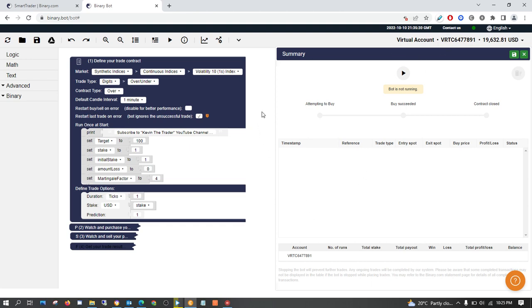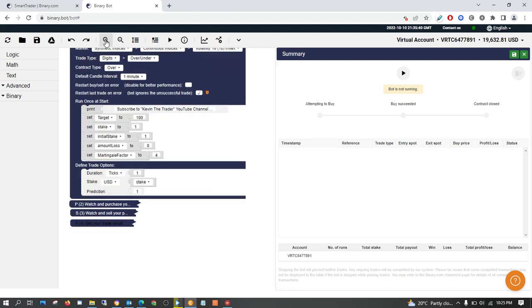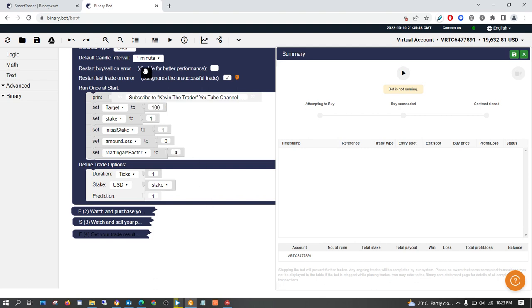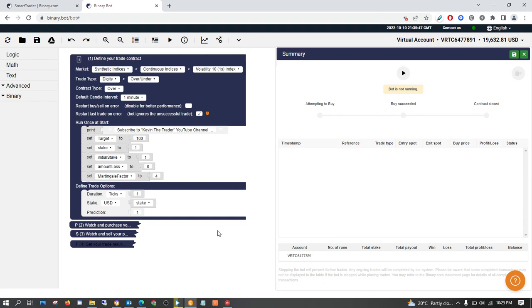So each and every time, do the same before you trade, so that you can also have some good trades. Always start with your virtual account before you trade on your real account.